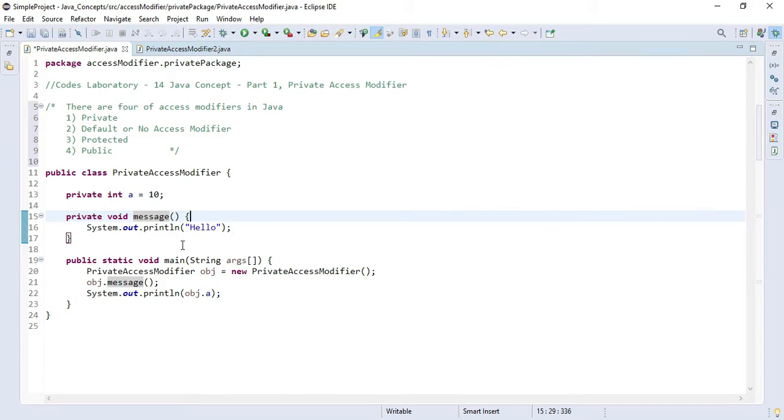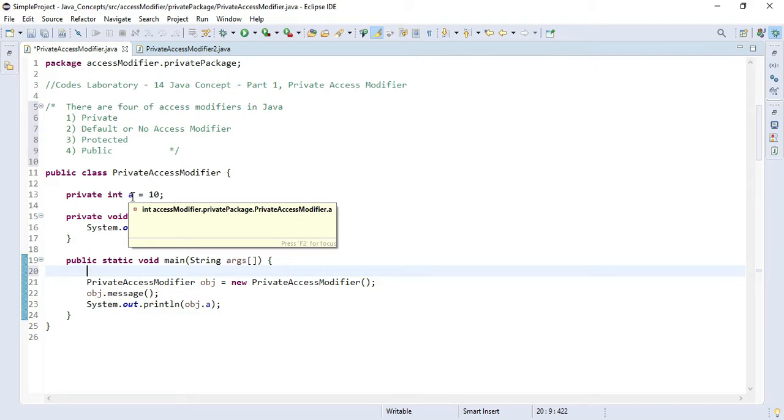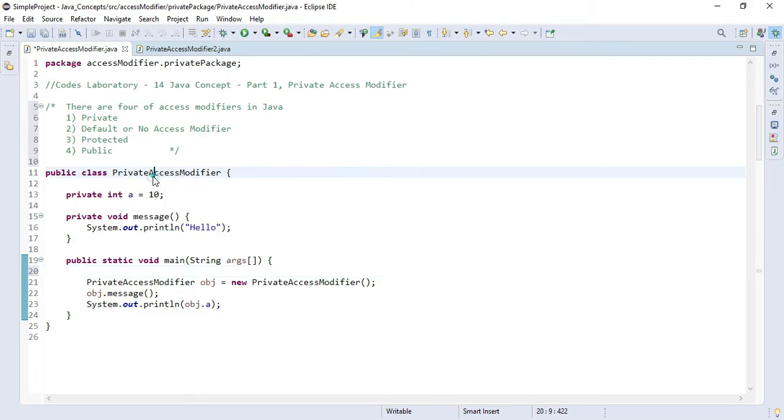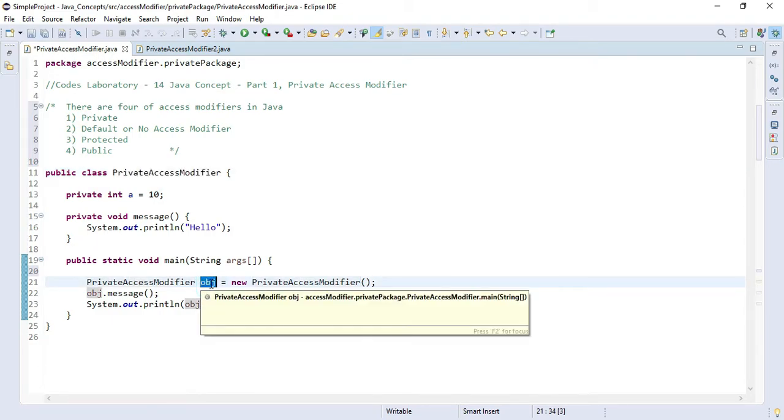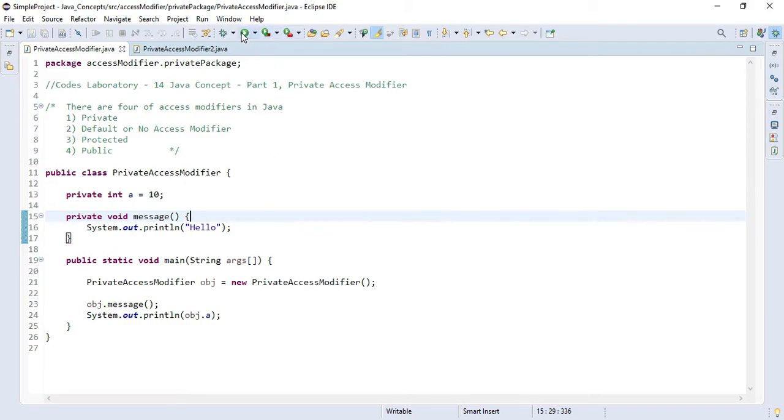I have created a main method, and as you already know how to use instance methods and instance variables, first we have to create the object of our private access modifier class. I have named our object obj, and with the help of this obj I have called the method message, and I have also printed the variable a. Let's execute this program and understand it more.